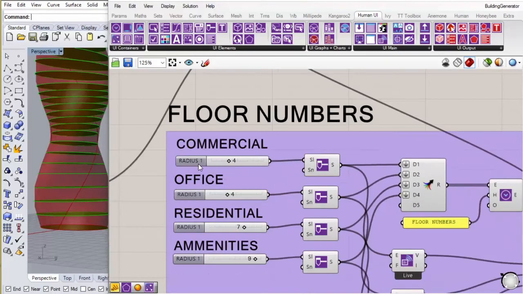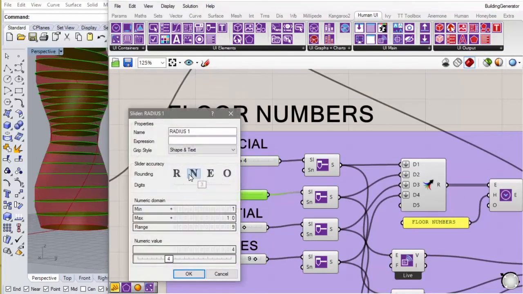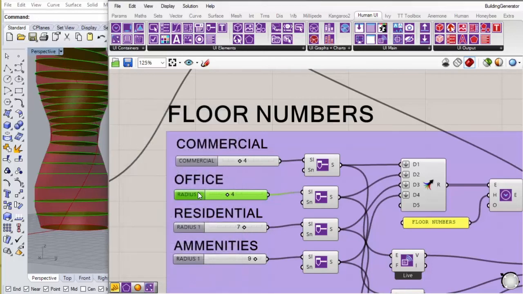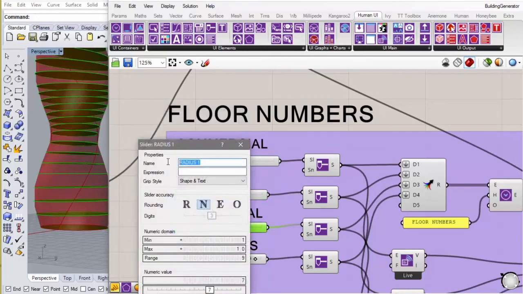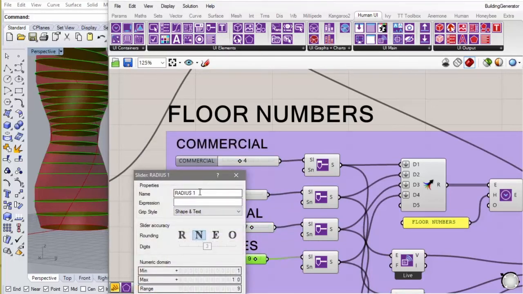So let's just change this. It should be commercial, office, residential, and amenities.